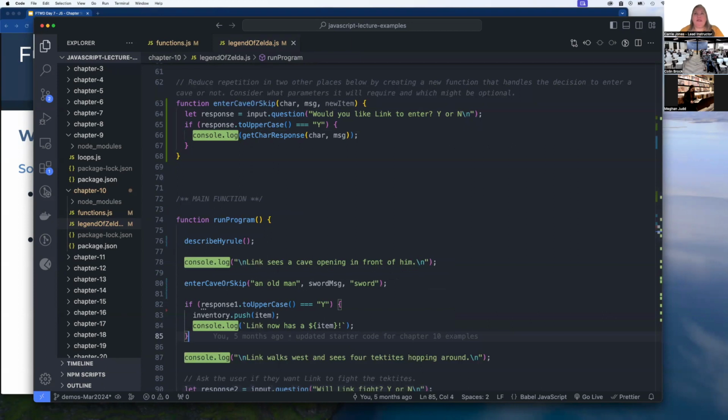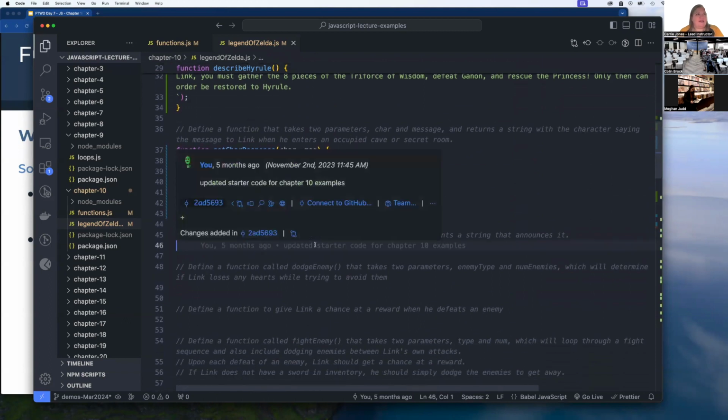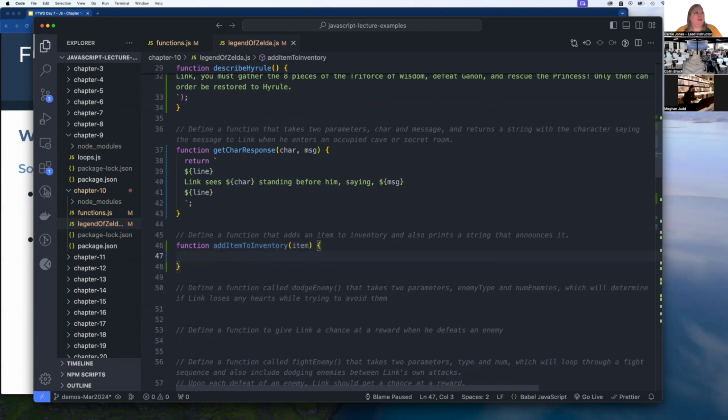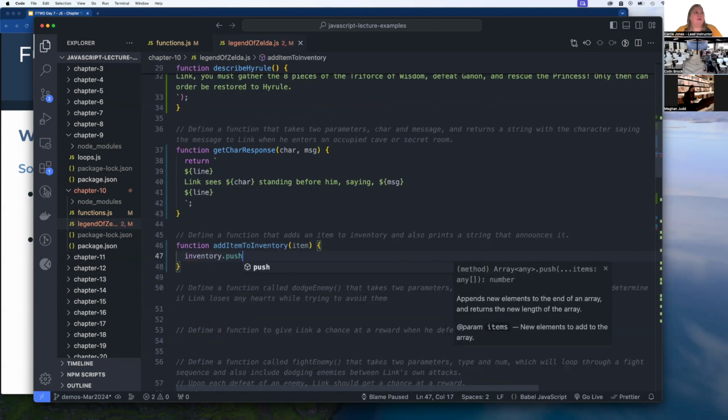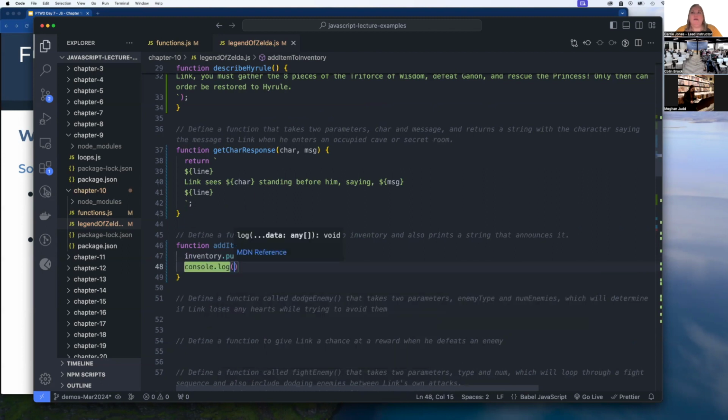I'm going to come up towards the top here. There's an instruction right here to define a function that adds an item to inventory. So let's do that. And this one will be reusable. You can use it for lots of different things. And I already have this, but I'll just retype it. It's okay. Link now has an item. All right. So now that we've done that,